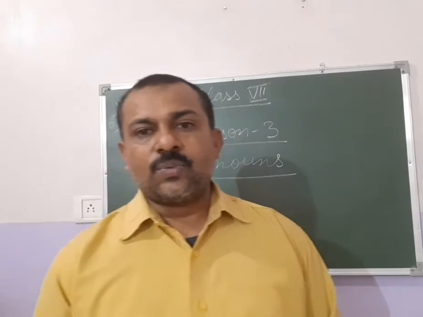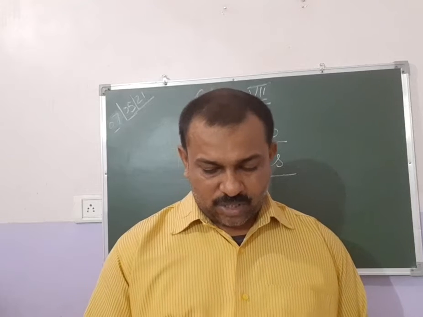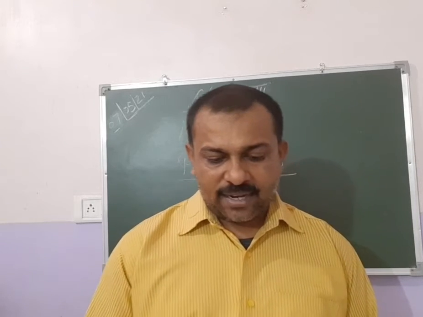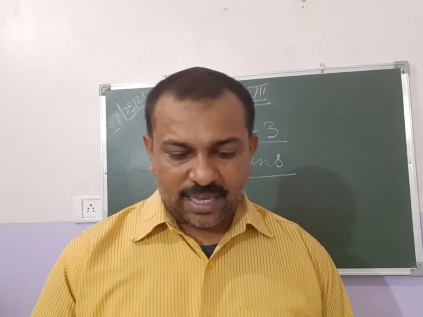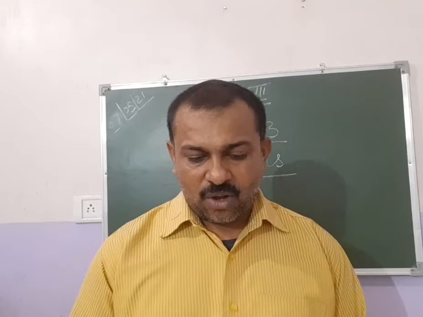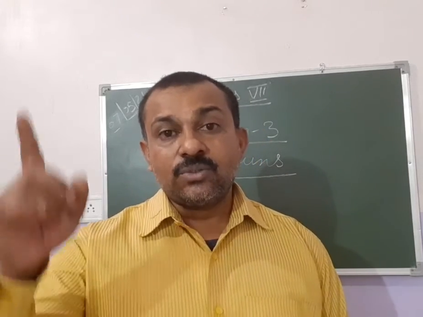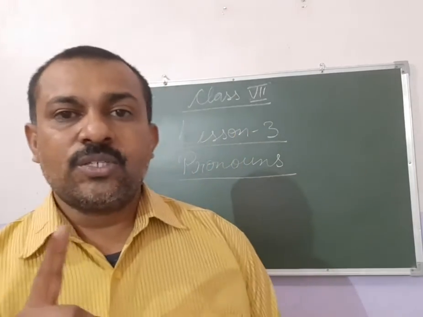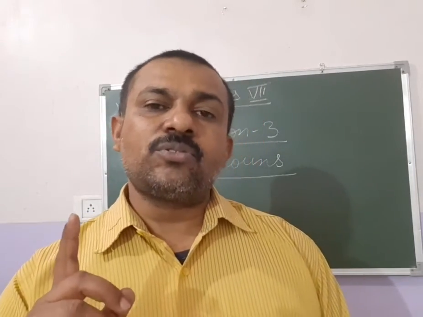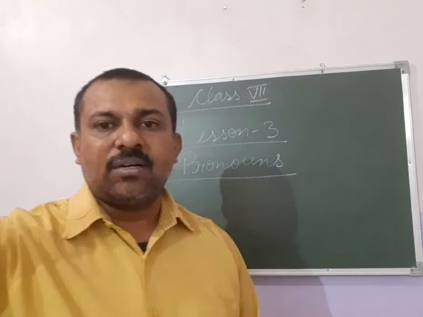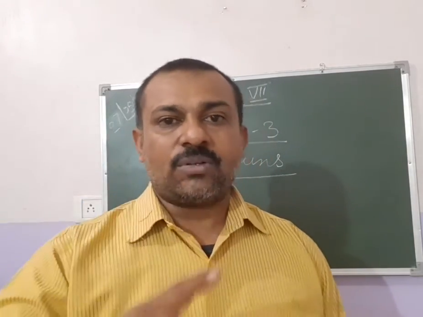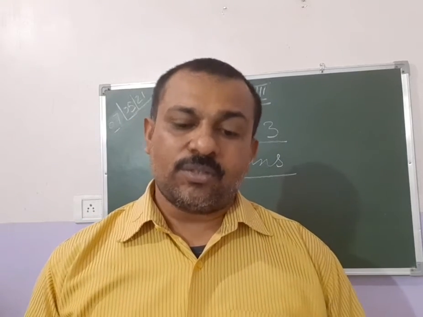The next one, the third one, is demonstrative pronouns. Now, pronouns such as that, this, these, and those used to point to the specific things they refer to are called demonstrative pronouns. We point: that, this, those, these. Whatever we point to, they are called demonstrative. We demonstrate. This table, this blackboard, that clock. We show, point out. So they are called demonstrative pronouns, showing that.